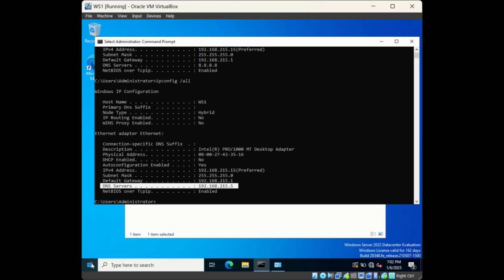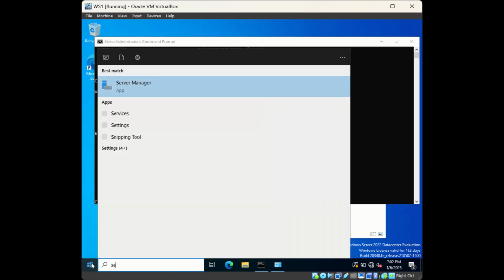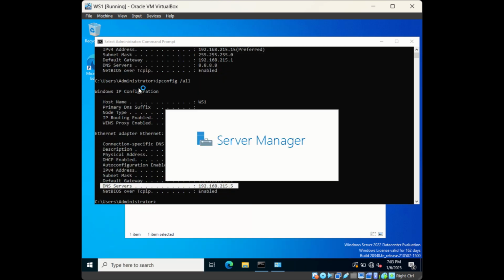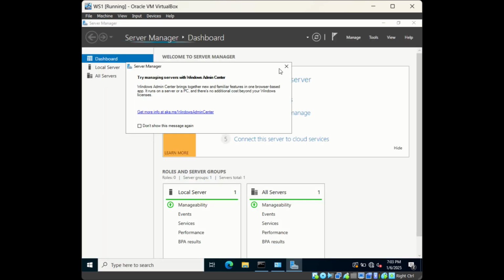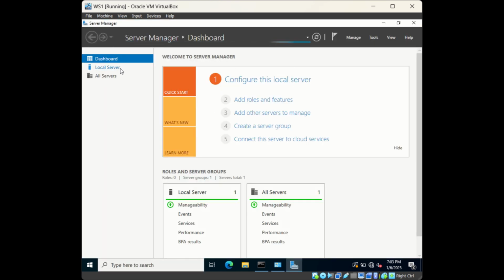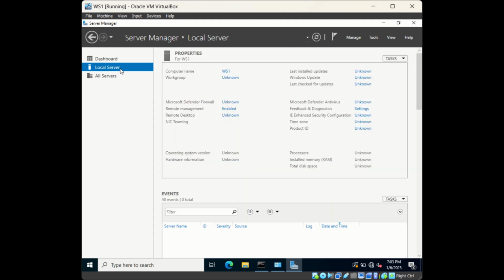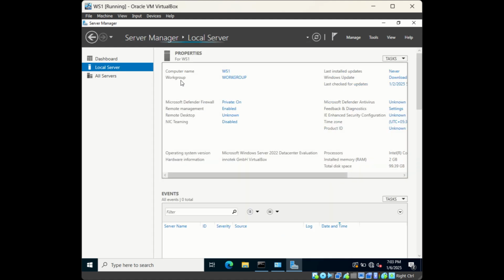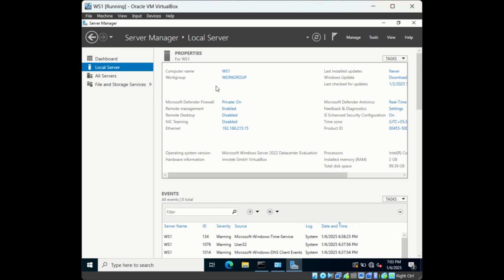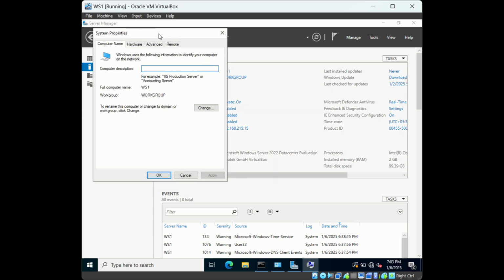So once this IP is configured, then open Server Manager and then go to Local Server. And on the local server, you will see Workgroup. Workgroup means this server is not yet part of the domain. So click on this workgroup and it will open the system properties window. So click on change,